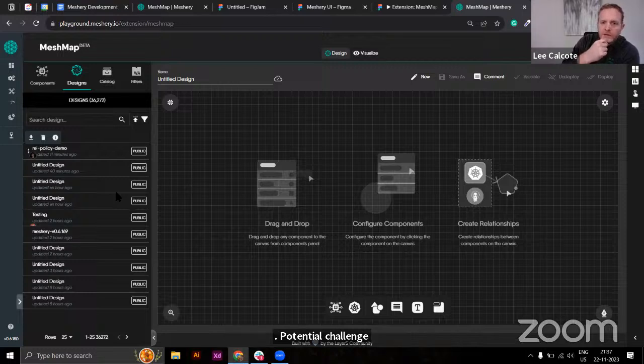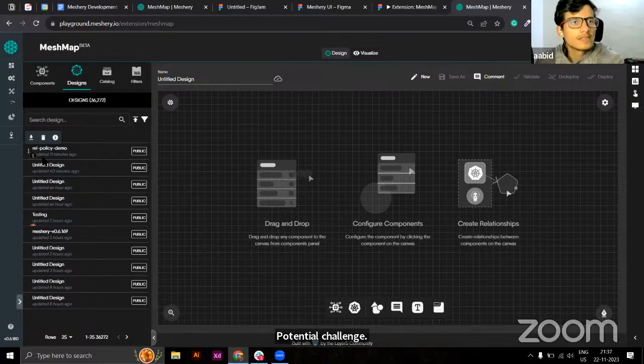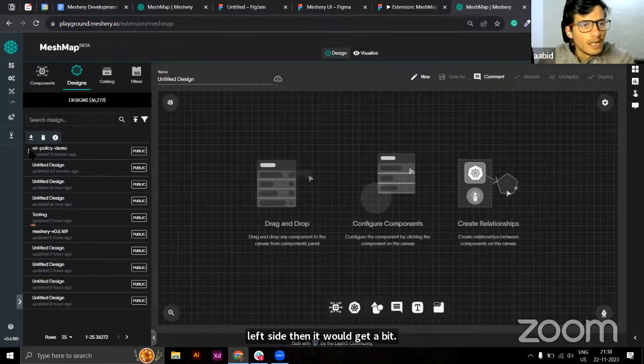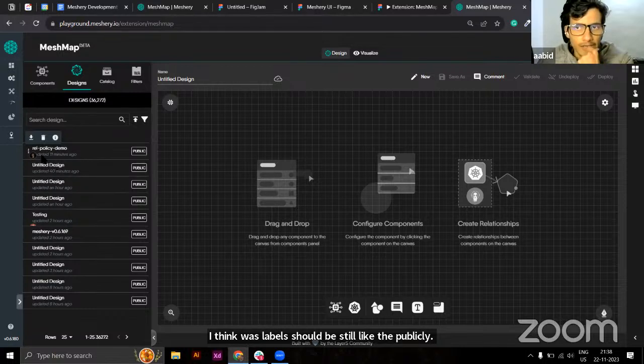Yeah, also whenever there is some list or menu on the right-hand side of the screen, the menu item is on the right-hand side also, like the menus whenever on the edge. But one thing is if we completely invert it and also put the labels on the left side, then it would get a bit ugly, I think, because the public and private visibility labels should still be on the right-hand side rather than on the left.